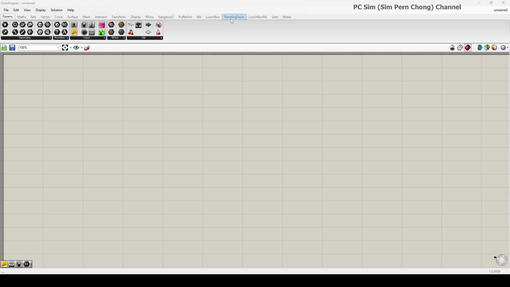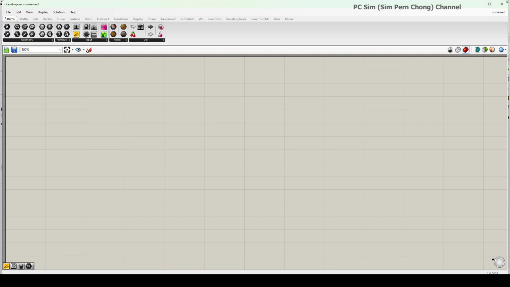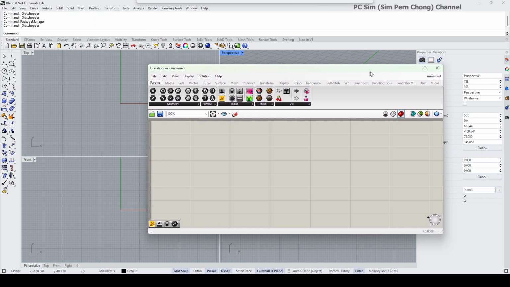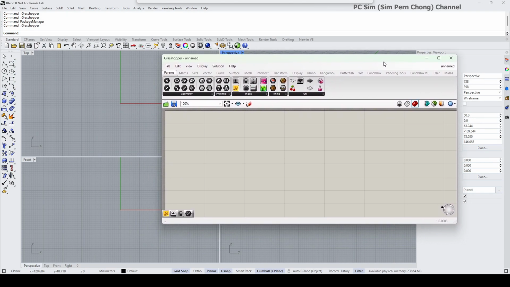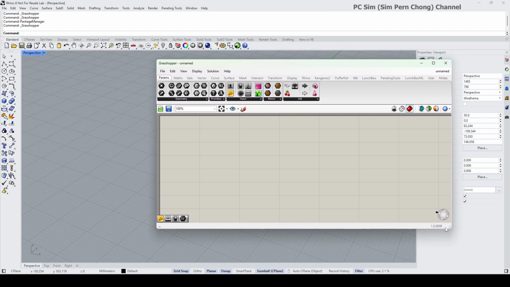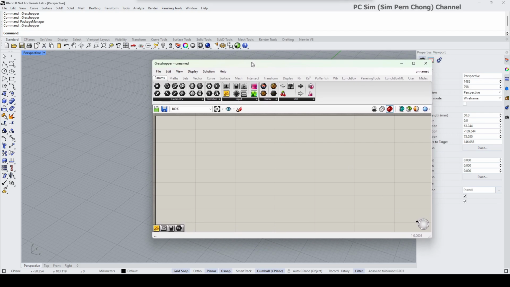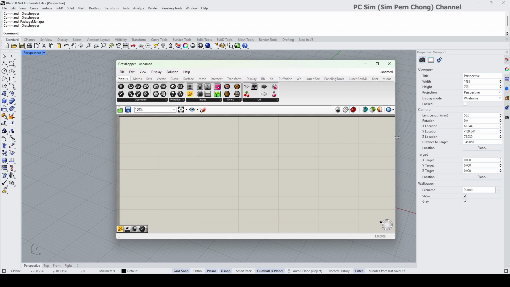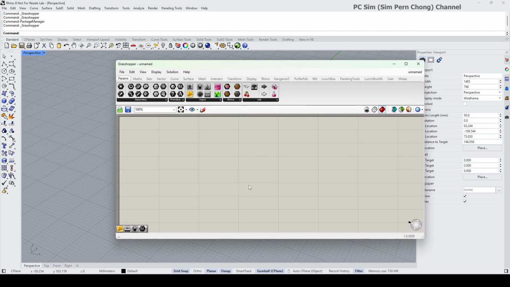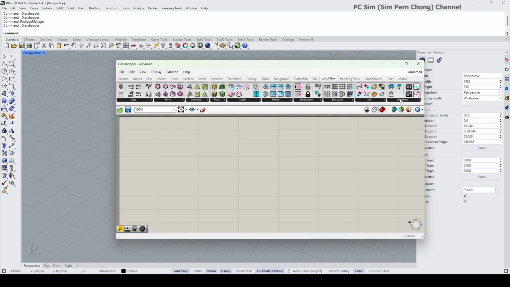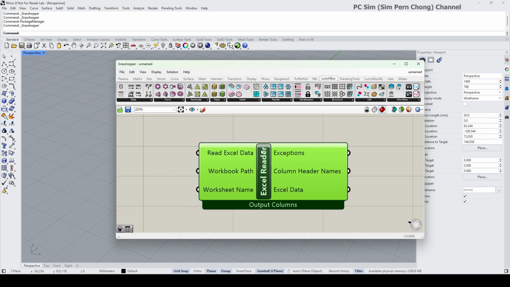You notice that we have a Lunchbox here. Let me just make this smaller, something like that. The first thing I want to bring in is the Excel reader. So where's the Excel reader? It's under Lunchbox workflow. This is the component. So click on this Excel reader. You notice we have this component,